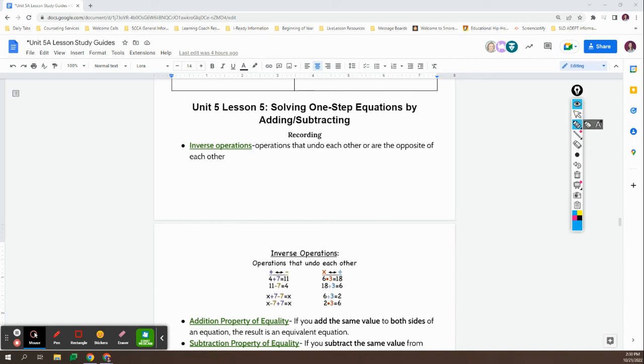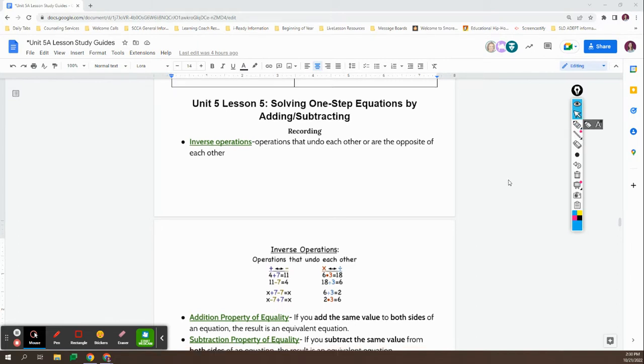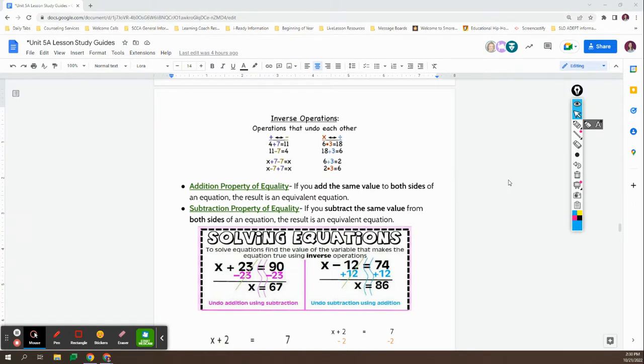This is the study guide for solving one-step equations for adding and subtracting. So when we solve one-step equations, we want to use inverse operations, and those are operations that are the opposite of each other or they undo each other. So addition is the opposite of subtraction. Subtraction is the opposite of addition. And then in the next recording, we'll talk about how multiplication is the opposite of division and division is the